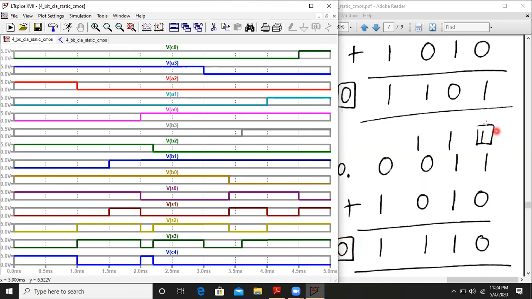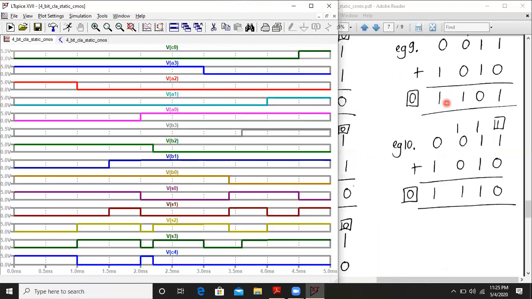Let us check this. So in this case, these waveforms are giving these results. Let us check it manually now. Our initial carry C0 is 1. So 1 plus 1, sum is 0, carry is 1. And now we have 1 plus 1 plus 1. So sum is 1 and carry is also 1. So we have 1 plus 0 now, we have sum as 1. 0 plus 1, it is 1. So indeed, the last case is also successful.